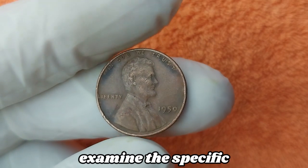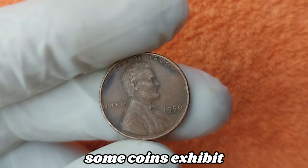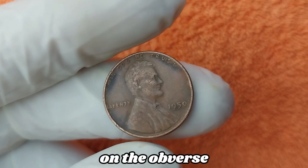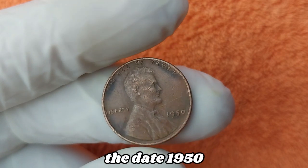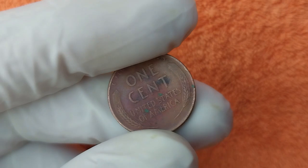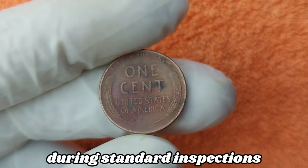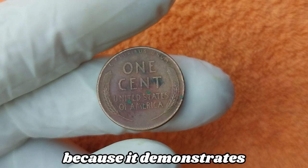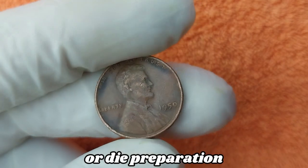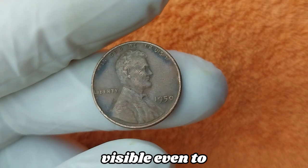And when we examine the specific known anomalies of the 1950 penny, we find that some coins exhibit dramatic doubling on the obverse, especially around the Liberty, the date, 1950, and Lincoln's profile, which could indicate a double die variety that might have been missed during standard inspections, and such doubling is considered highly collectible because it demonstrates a mechanical or die preparation flaw during the striking process that results in a noticeable doubling effect visible even to the naked